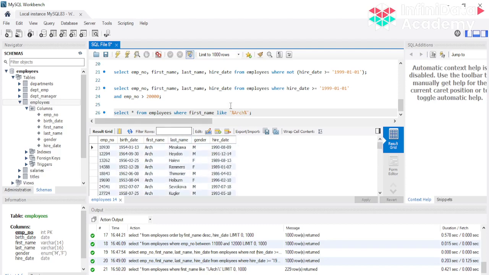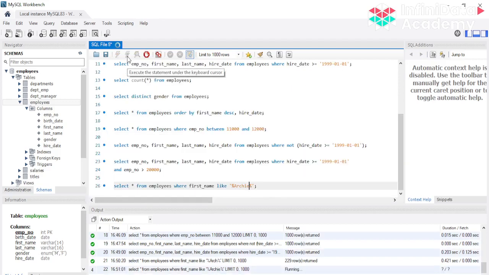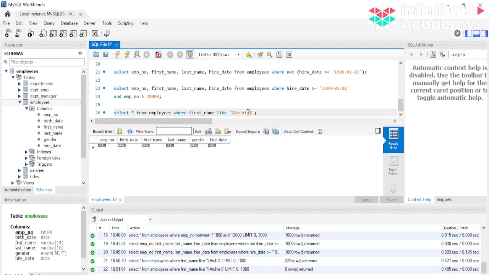So what does the LIKE operator do? It's similar to regex in programming languages. LIKE checks whether something similar to this is present or not. And the percentage sign means there can be any value before this capital A, and after the C, if I wrote a percentage, that means there can be any value after this as well. Let me write the complete name as well and see if there is any Archie present in this data set. No, sadly no, but we saw there are a lot of Arch present.